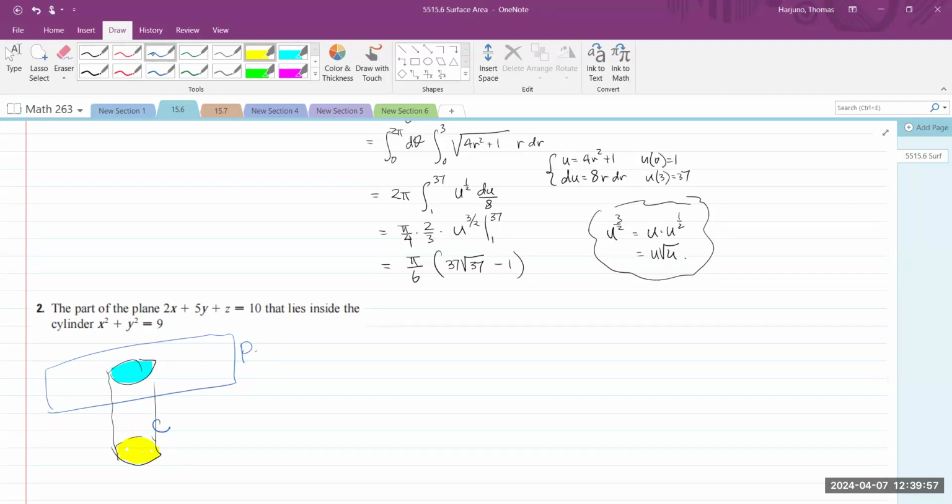Okay, so this is our S, and this is our D. Now then, how about the integrand? Well, we need to rewrite that first. The plane is given by z equals 10 minus 2x minus 5y. Therefore, c sub x is -2, c sub y is -5, such that the square root of c sub x squared